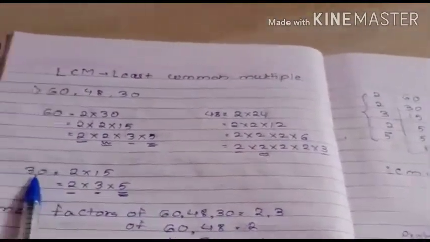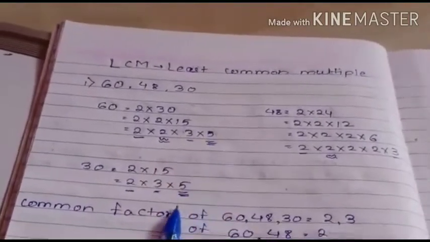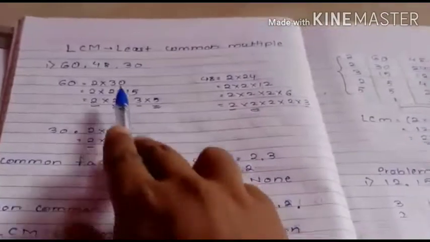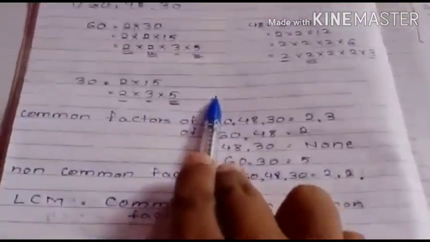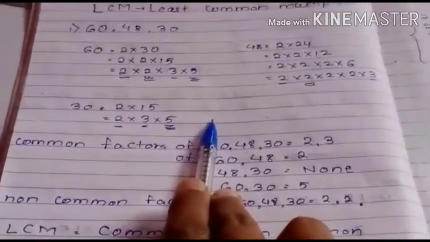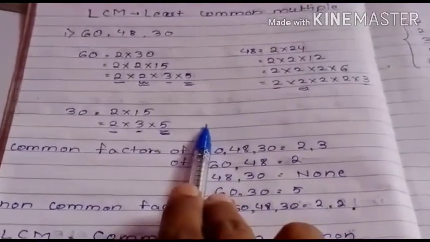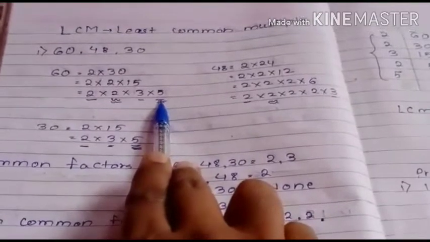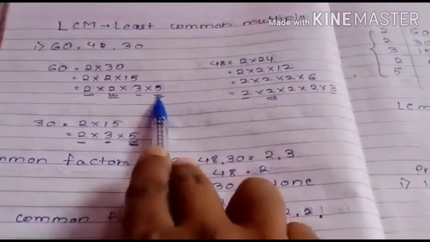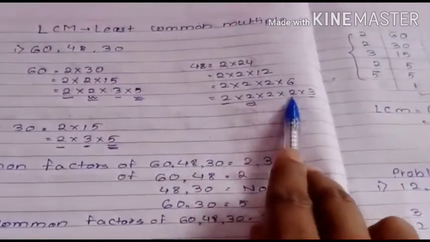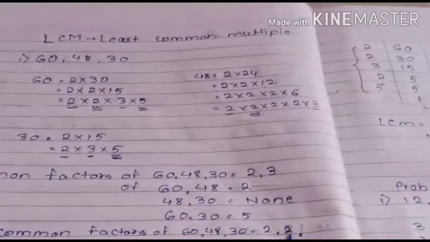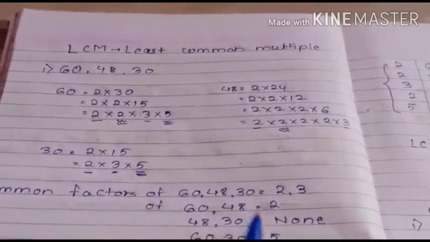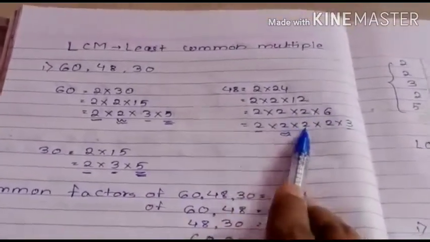Now next we have to see the common factor of 60 and 30. Which is a common factor among 60 and 30? 5. So this we wrote. Now after taking the common factors from all, which are the non-common factors? That means which are not underlined, those factors we have to take. Here all are underlined, so nothing will come. From here 2 times 2 will come. Here in 30 all are underlined, so nothing will come. So the only non-common factor which will come is 2.